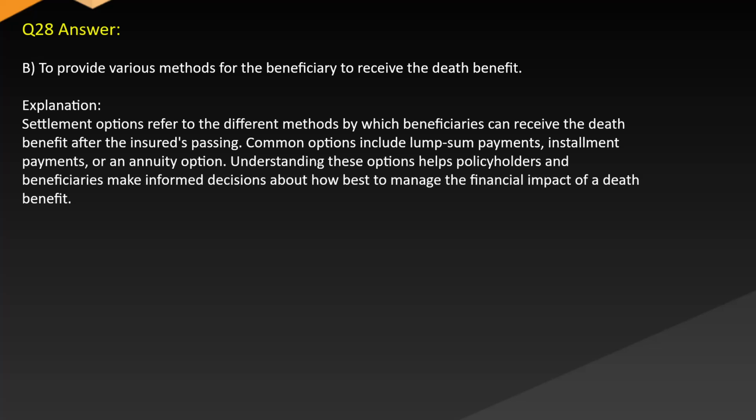Answer: B. To provide various methods for the beneficiary to receive the death benefit. Explanation: Settlement options refer to the different methods by which beneficiaries can receive the death benefit after the insured's passing. Common options include lump sum payments, installment payments, or an annuity option. Understanding these options helps policyholders and beneficiaries make informed decisions about how best to manage the financial impact of a